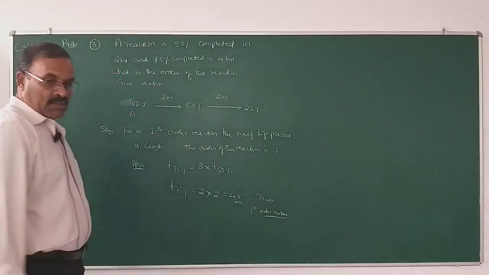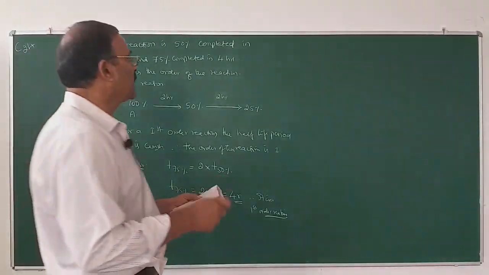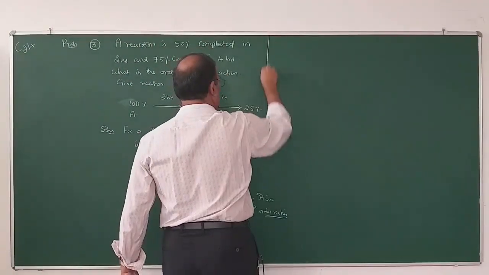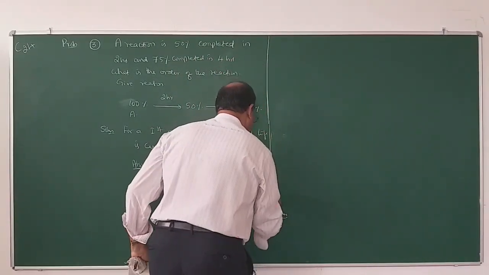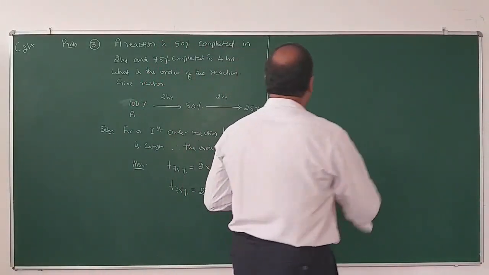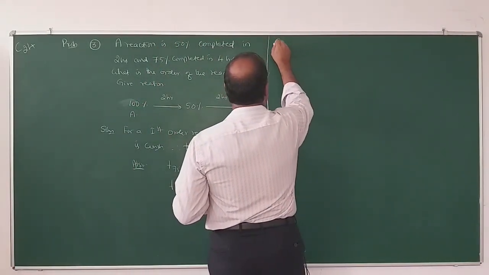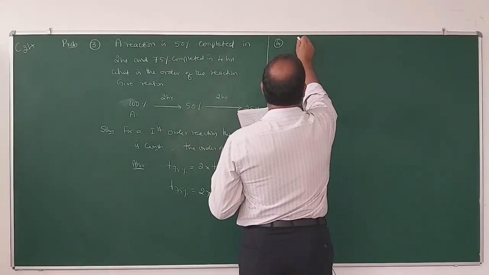So, if the half-life period of a reaction remains constant, it is a first order reaction. Now, coming to another problem. Problem number 4. In a first order reaction,